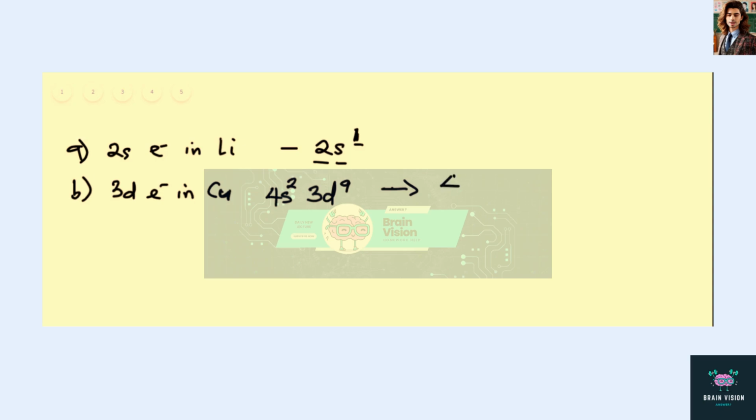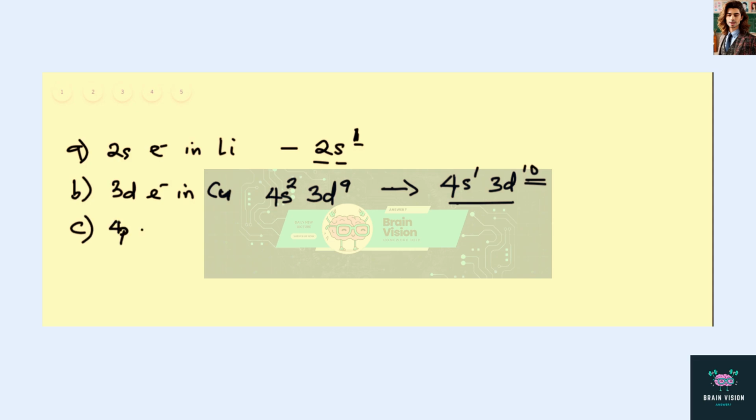So if we have 4s1 and 3d10, this arrangement is more stable than this arrangement. So for copper, we have a d10 electron configuration. So the next one here is